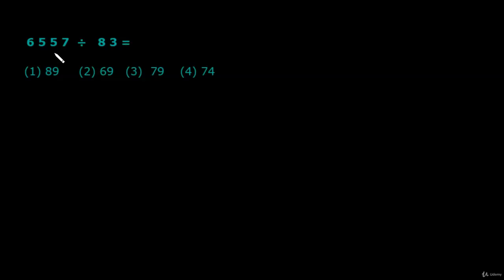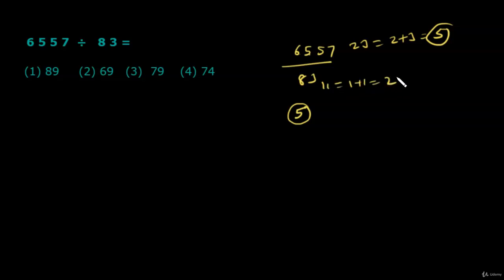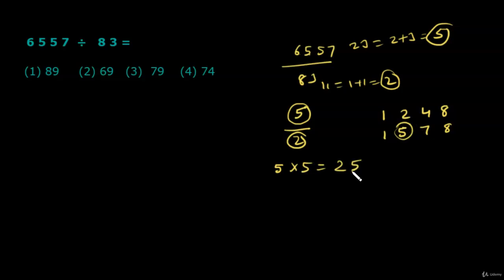First of all, we will find the digital sum of the numerator and denominator both. So the digital sum of the numerator is 5 and the digital sum of the denominator is 2. Because the digital sum of the denominator is 2, we know from the table the paired number for denominator 2 is 5. So instead of dividing, we will multiply the digital sum of the numerator by the paired number: 5 times 5 is 25, which is further equal to 7. So the digital sum is coming out to be 7 for this case.